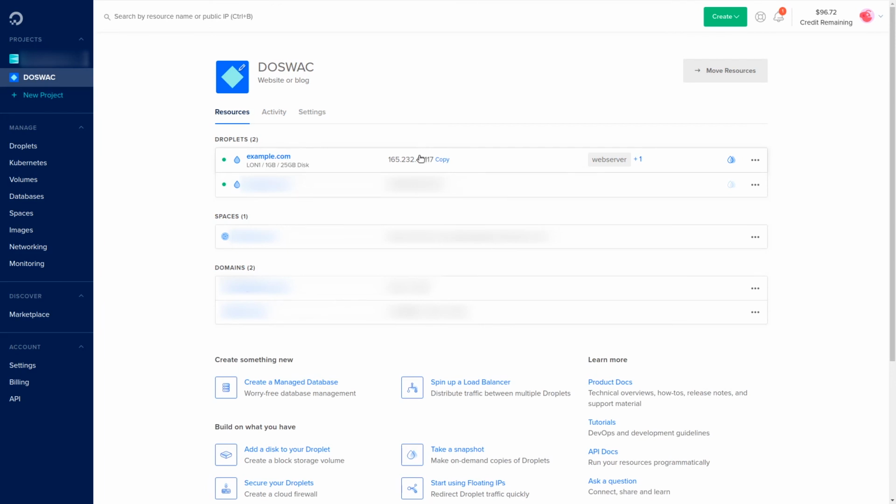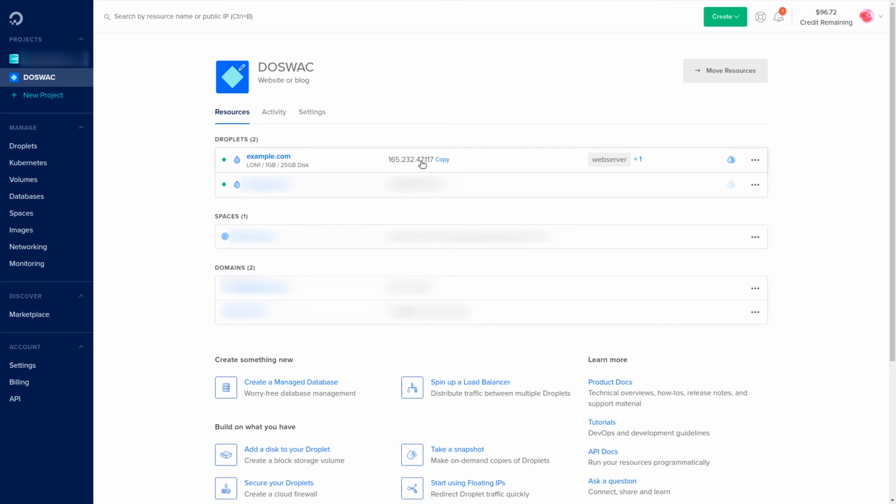And great! We have now successfully created our server or droplet. DigitalOcean also assigned a public IP address to our droplet, so we can link a domain name with this server by using this IP address, or we can connect to the server from our local machine by using this IP address. Now let's connect to our server from our local machine.